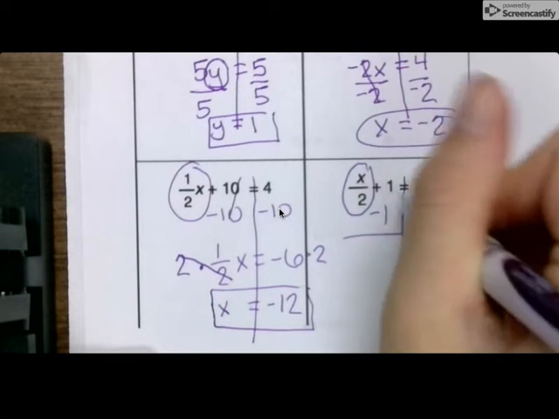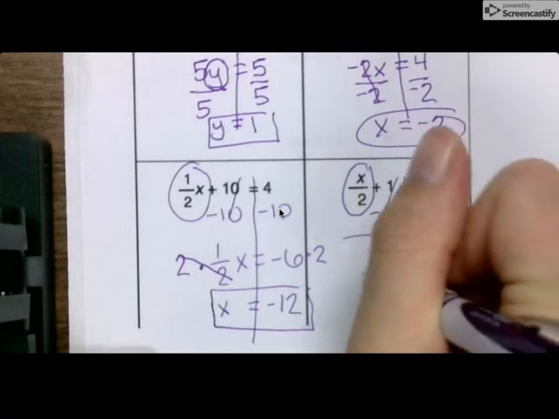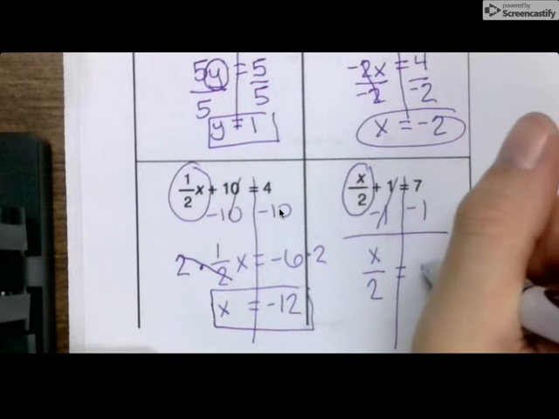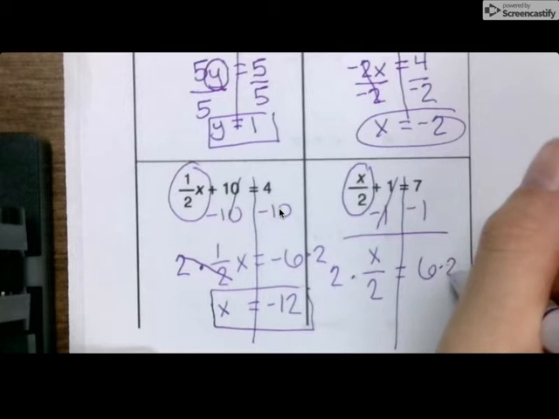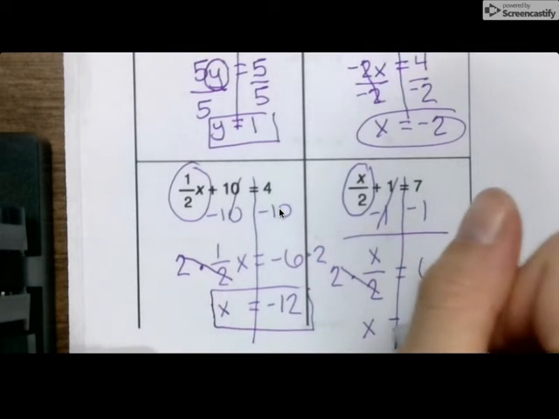Minus 1 on both sides. X over 2 equals 6, times by 2 on both sides. That's the inverse, and x equals